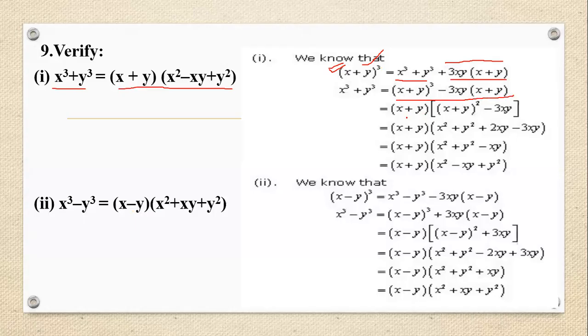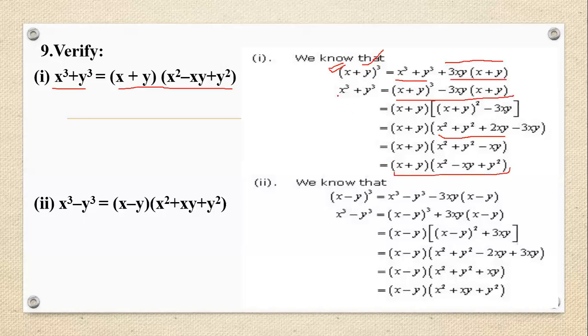Now we have taken x plus y common here. So what is left here is (x plus y) whole square and then minus 3xy. Similarly, we have solved it for the (x plus y) whole square, again using the binomial raised to the power 2, and then we have rearranged it and solved the like terms, the sum of 2xy minus 3xy. Both are of different signs, so we always deduct the values. So it's minus xy, and we have got (x plus y) and (x square minus xy plus y square). This is what the RHS is.